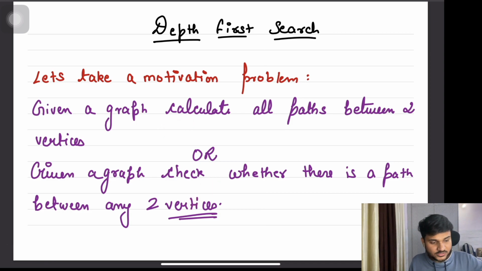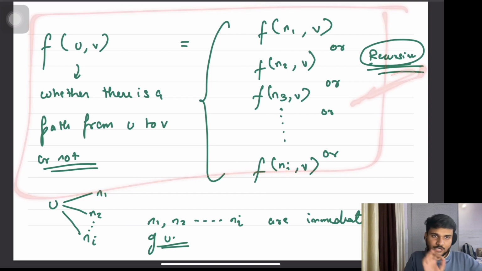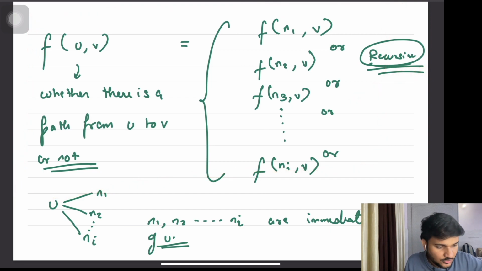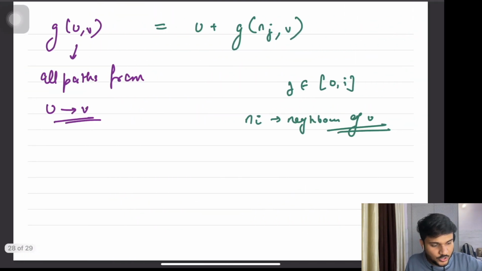And trust me, the function that I have written here, with the inclusion of the visited array, I am going to code as it is. The moment I say that it is a recursive algorithm, you can definitely take my word. I'm going to code it as it is. I won't change a lot of things. Same thing I'm going to do here. I'm going to just code it as it is and not change a lot of things.